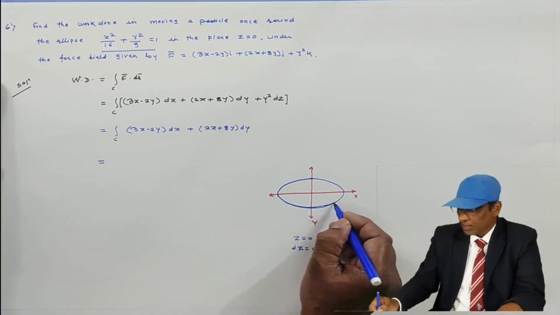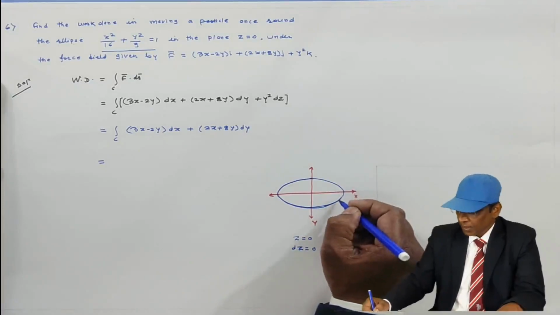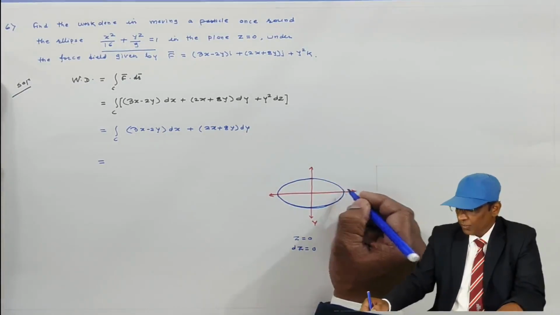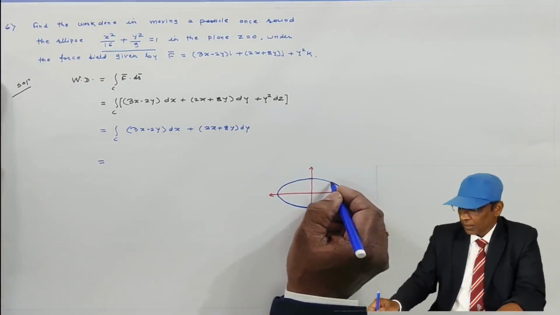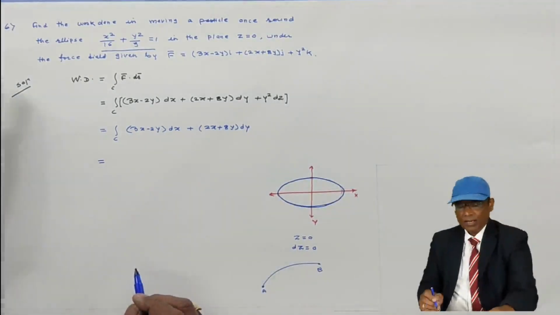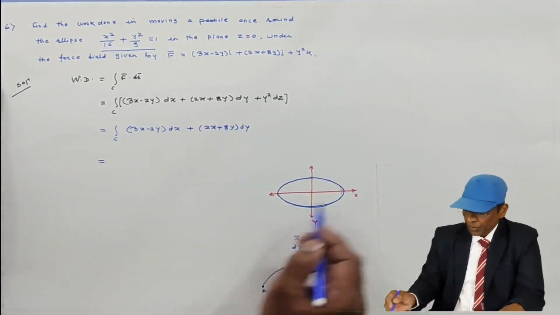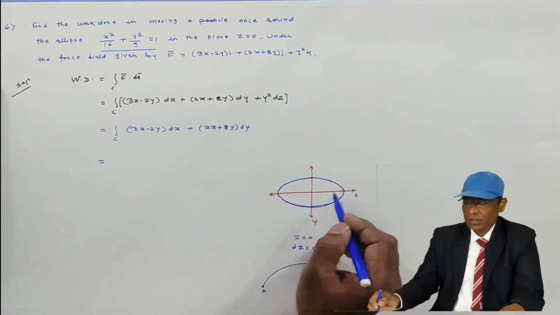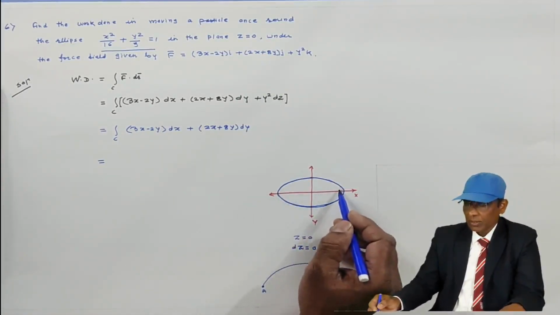The particle is moving like this. The tip of the pen is moving, this particle is moving. Now solve this integral. When we evaluate a line integral on a closed continuous curve,